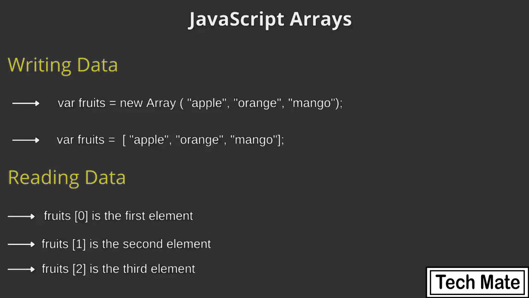Once you have defined the array, and after that if you want to retrieve the elements separately, alright, what you can do is write fruits, the name of the array, and then in the square brackets you can pass the index. As I said earlier, the index will start with 0. So when you say fruits[0], it will give you apple, fruits[1] will give you orange, and fruits[2] will give you mango. So let's see practically now how we can start implementing the concept of arrays.